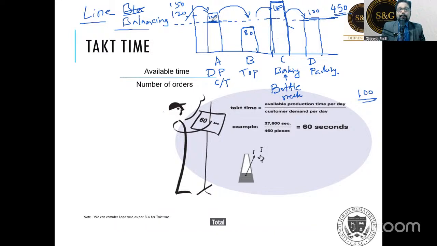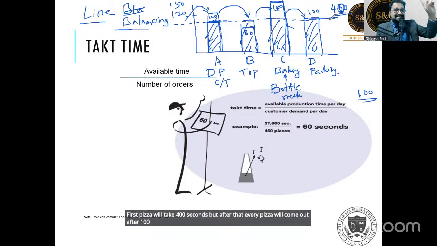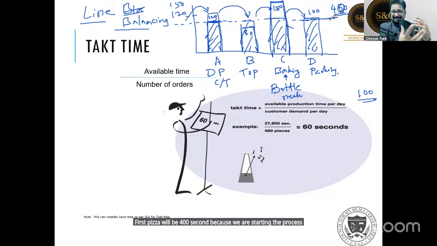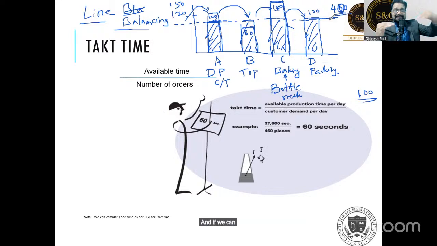The total idea is bringing all the cycle times to 100. Imagine that scenario. If all the cycle times are at 100, the first pizza will take 400 seconds, because we are starting the process, correct? But after that, every pizza will come out of the system after 100 seconds. Are you clear? If we can match this pace, then only can we deliver all 270 pizzas in